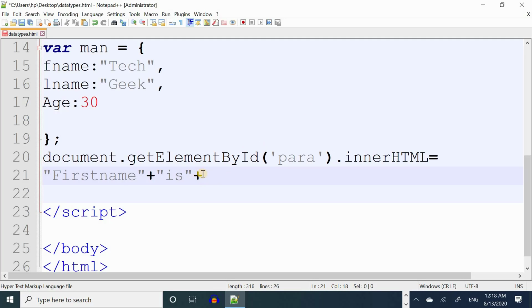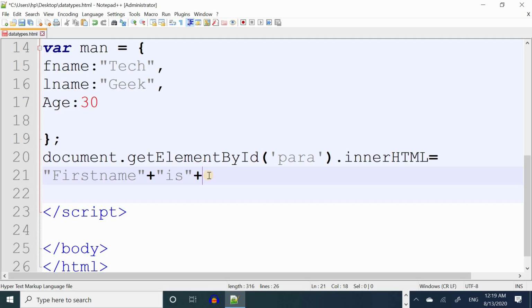In JavaScript this plus means concatenation. It adds the previous with the second one, so it concatenates this first name with is, then first name is,